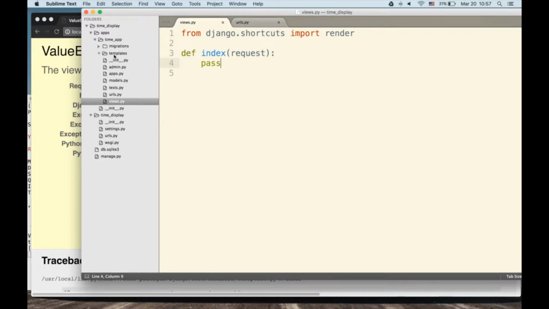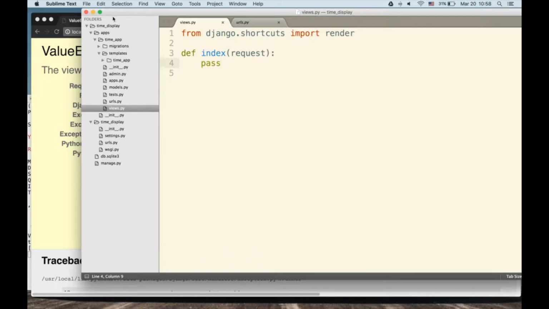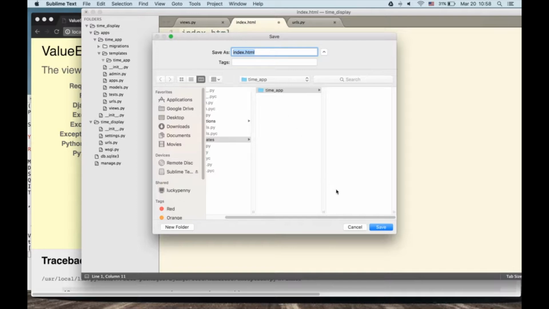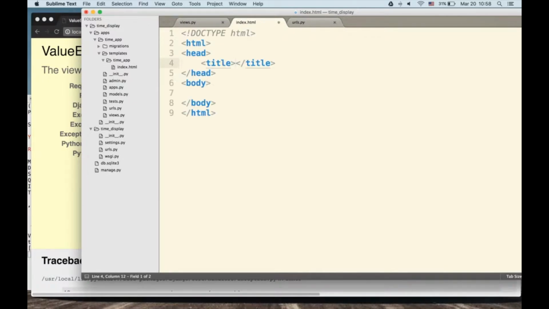Inside this folder, usually, it's just a convention, you can put the HTML files directly in here, or for a little bit more organization, I add a folder with the name of the application that everything belongs to, just to keep things a little more organized. And now in here, we will create our index.html file. Save that. Okay. And let's create a very basic HTML